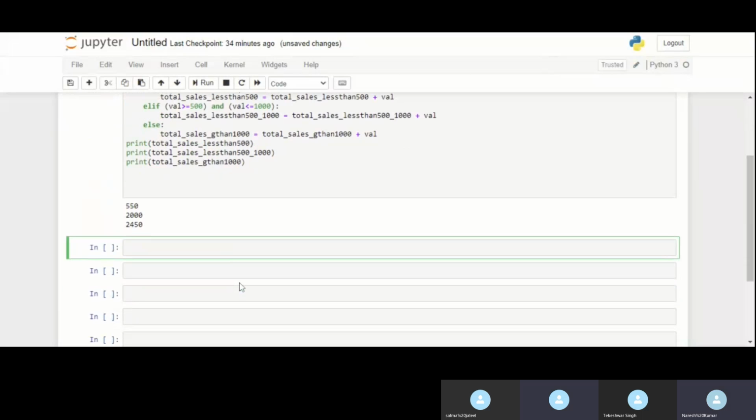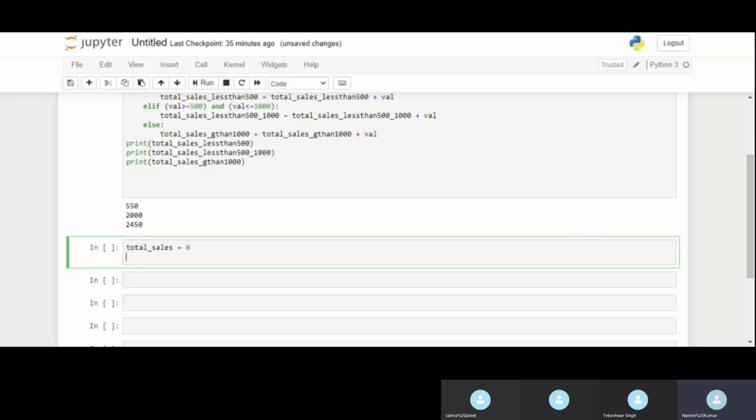Now, coming to the second question, which was related to the total sales, right? In total sales, we add all the sales that I have, so that is pretty simple. Basically, I have to define a variable as Keswar told me.